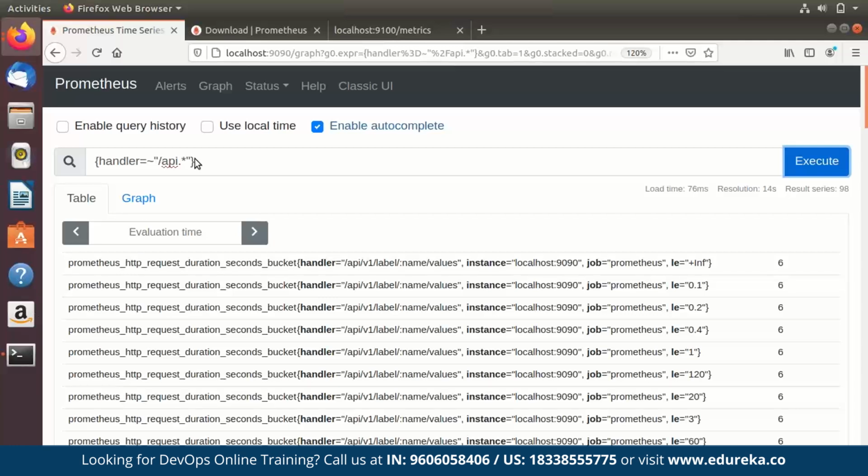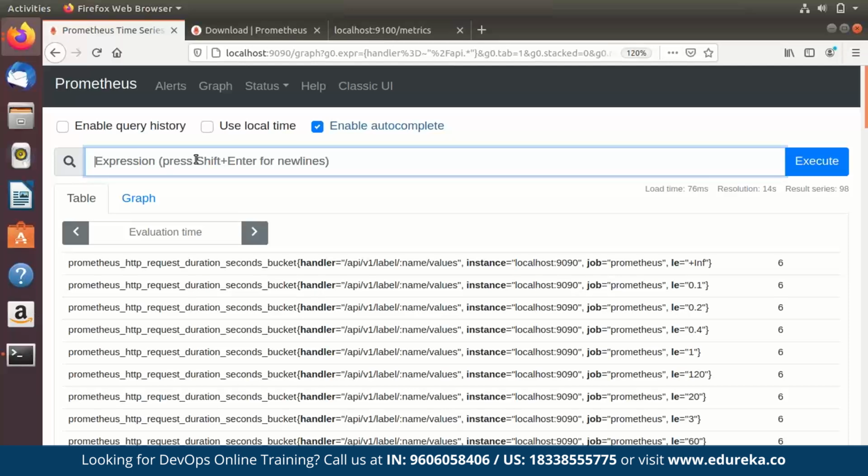Occasionally, when a monitored process restarts, its counters reset to zero and begin climbing again from there. Graphing raw counters is usually not very useful, as you will only see an ever-increasing line with occasional resets. Now we will use another query for this example. I'll explain how the rate function really works.